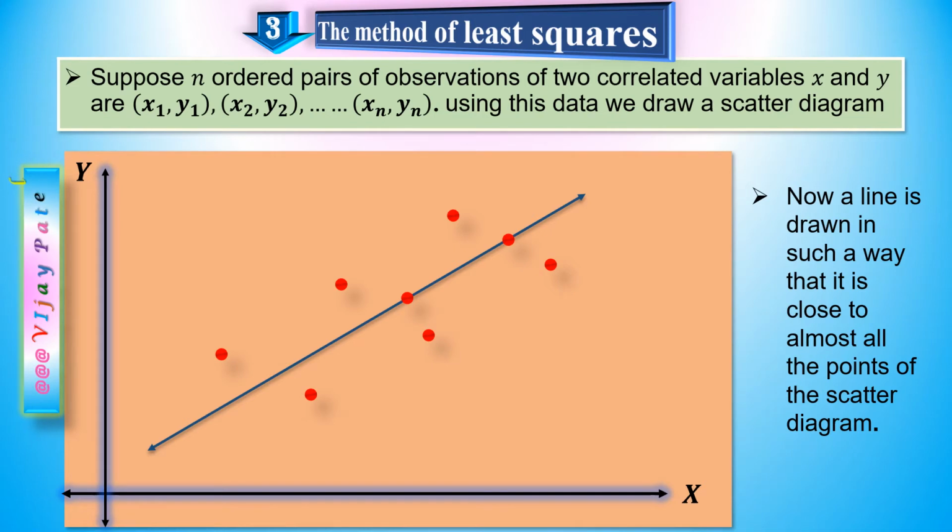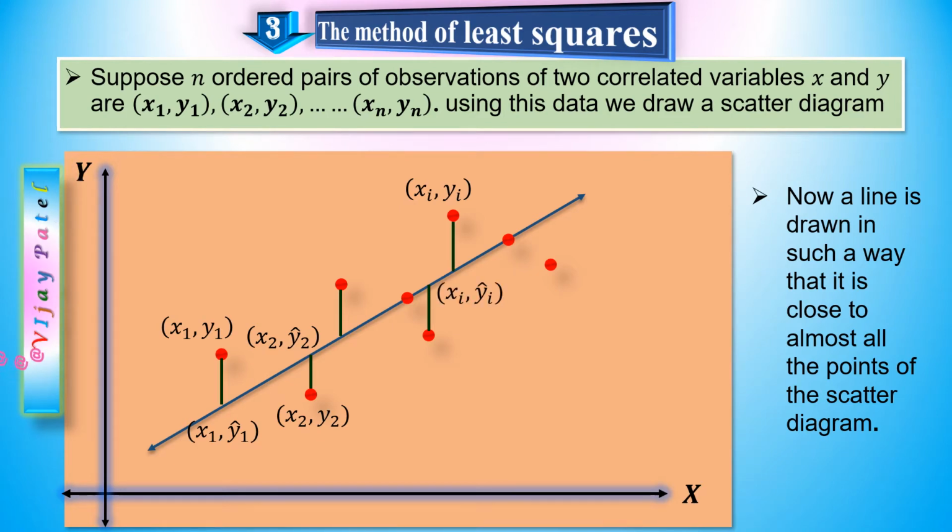Now what we are doing is, from the observed values, we draw perpendicular lines to the line we have drawn. From the observed value x1 y1, we draw a perpendicular line to the line, and the value of y1 we get is our estimated value. x1 is fixed. For x2 y2 we will get the estimated value of y2, that is y2 cap. Similarly for the points xi yi we will get yi cap, and for the last point, the fixed value of the independent variable xn, for the observed value of yn we get the estimated value of the dependent variable, yn cap.